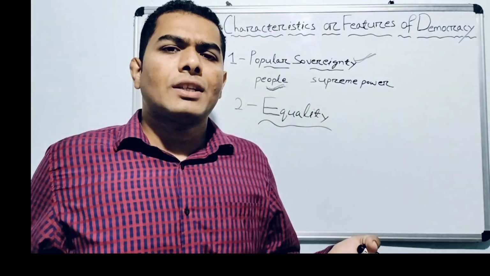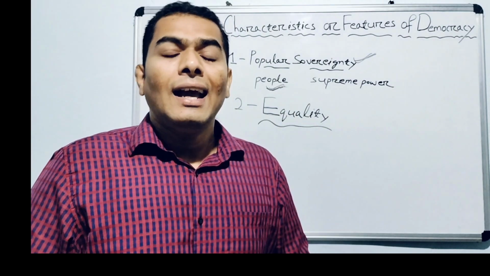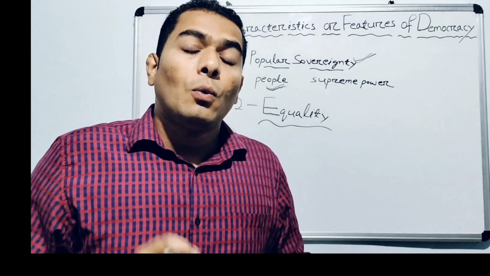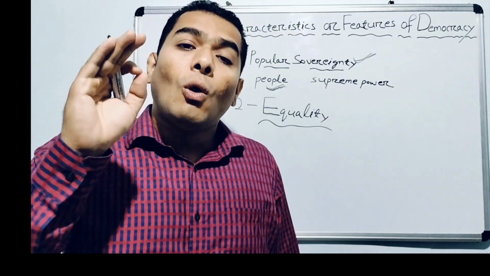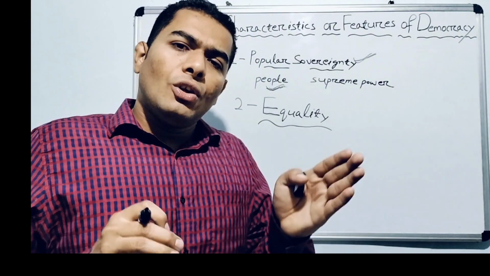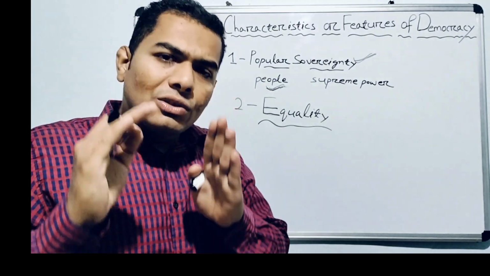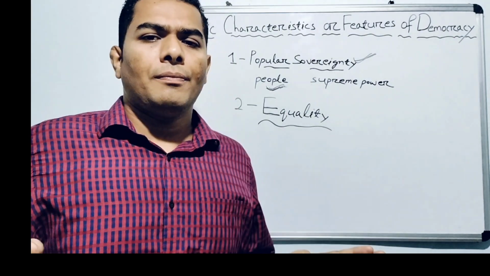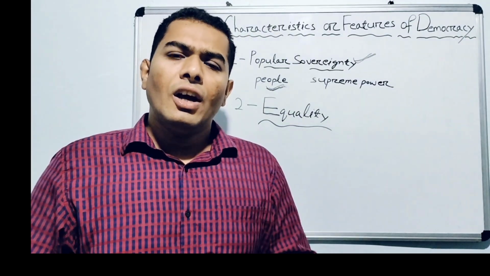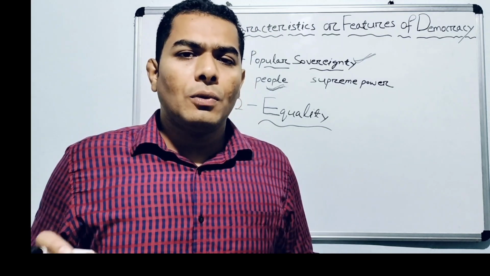In democracy, what happens? The government makes rules and regulations, and those rules and regulations created by the government will be applicable to all the citizens. In democracy, no person is superior, no person is higher. The constitution has provided rules and regulations to all the people. And here the judiciary is there for the protection of rules, regulations and acts. The judiciary provides equal justice to all the people without any discrimination.